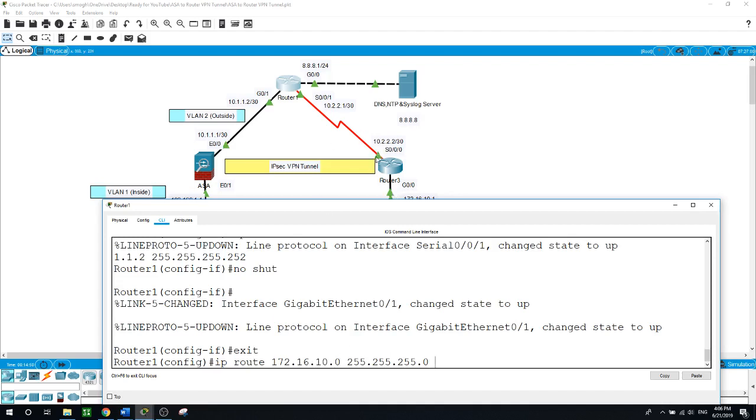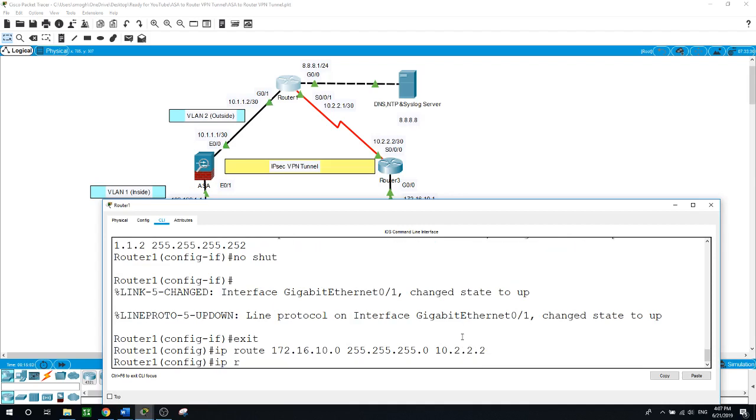From router 1 to this network, the gateway or the next hop will be 10.2.2.2. And the other route to the other network of 192.168.1.0 with /24 subnet mask. And this will be the gateway for router 1 to reach this network